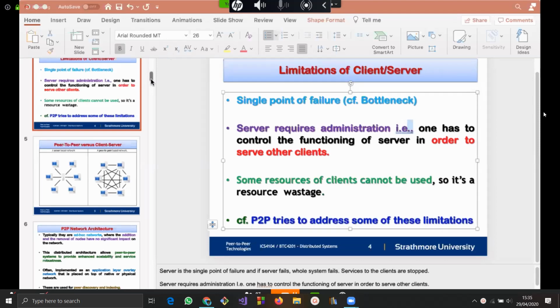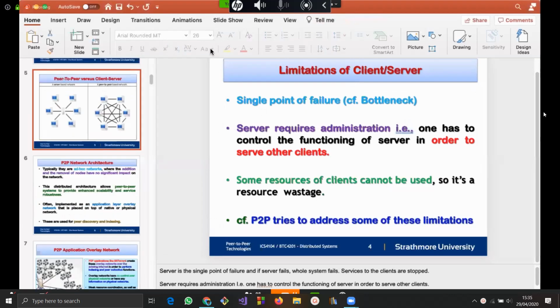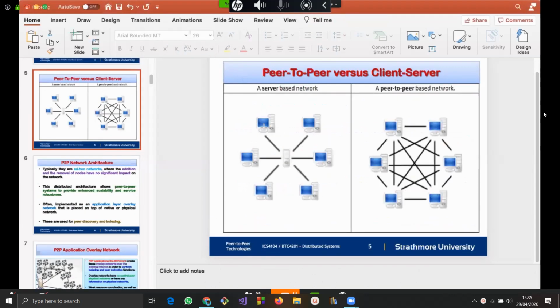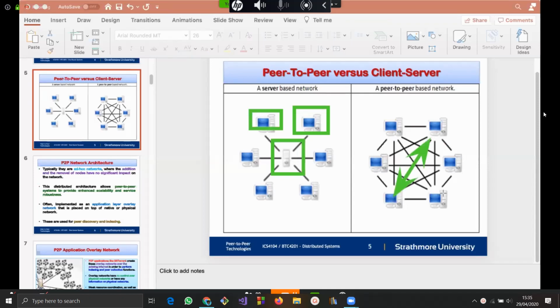So if we compare those two, the client-server model will be something like this one here, whereby we have these as the clients, the requesters of service. Now, in the peer-to-peer model, you notice that we have arrows, so we have arrows to indicate that each